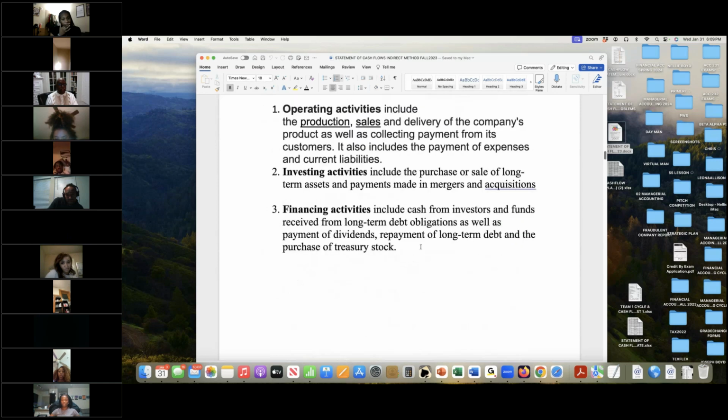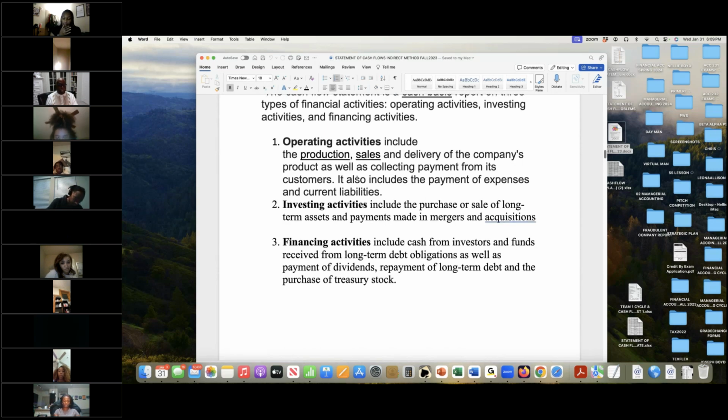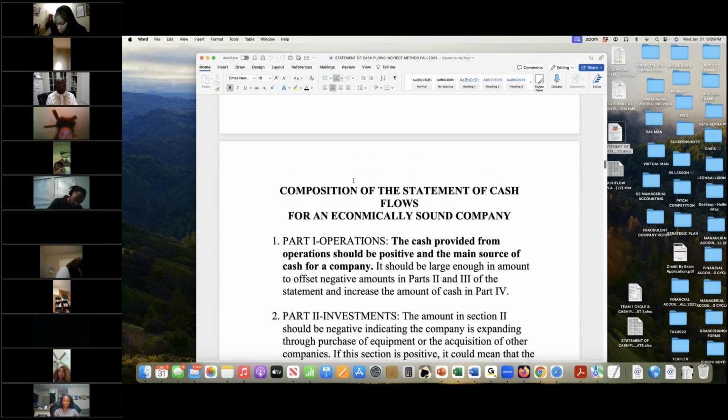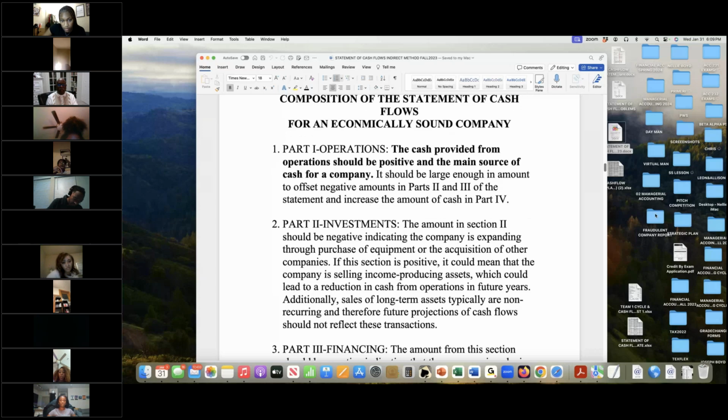When we have a statement of cash flow, there's three types of activities we're looking at: operating, investing, and financing activities. Part one is operations. How much of the cash is provided by operations? Part two is investments. And part three is financing. And part four is changing cash. So, to give you a little sense of what we're talking about here,